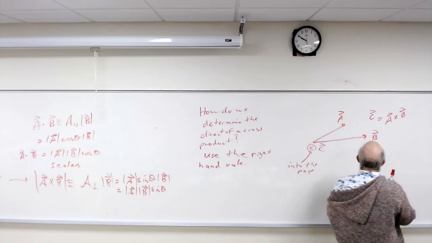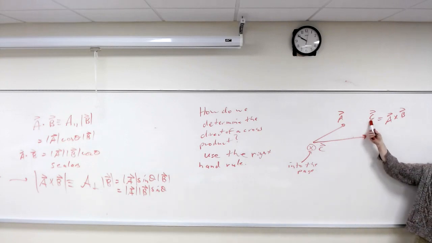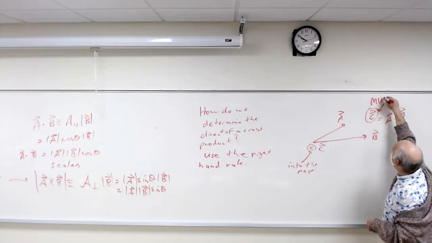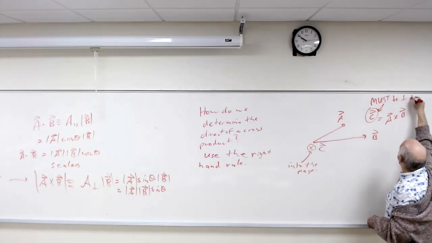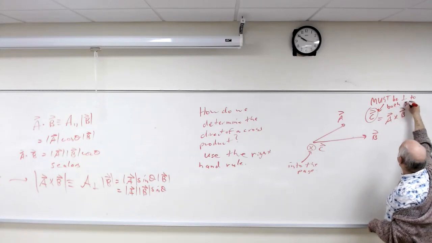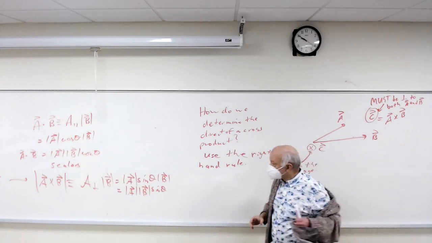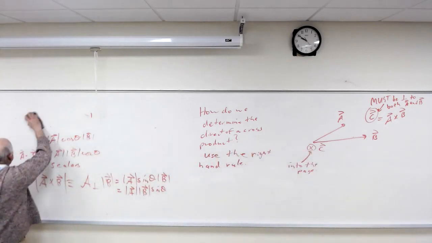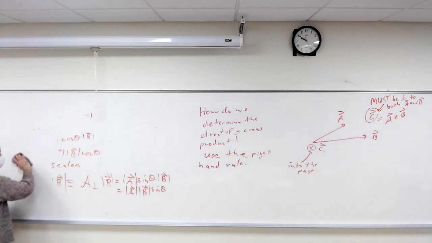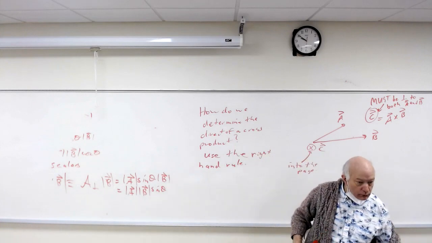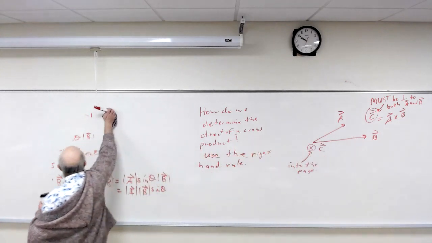When you do a cross product, what do you know about the result? It must be, by definition, perpendicular to both of the vectors, to both A and B. Okay, let's try another one. When you get to magnetic fields, it's one gigantic cross product. There are cross products everywhere with magnetic fields. That's the whole basis for it.